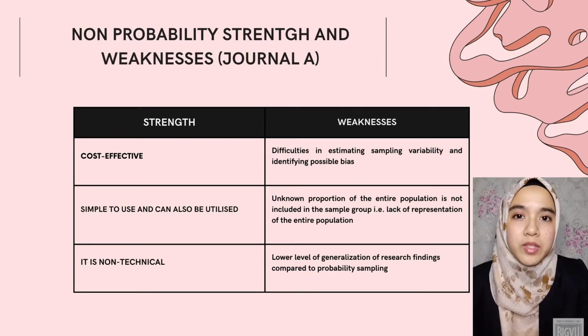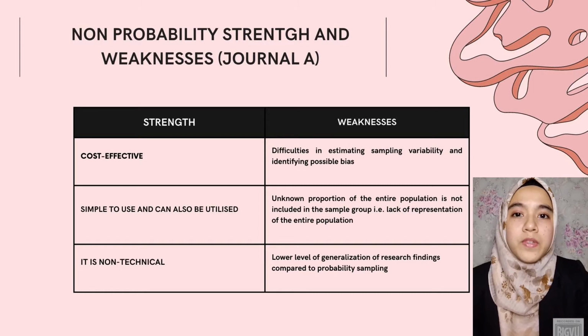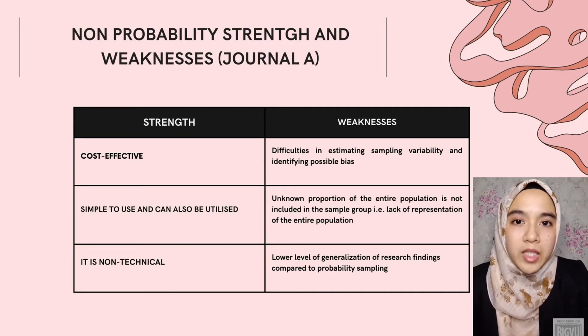Although there are numerous benefits to adopting non-probability sampling, it does have certain disadvantages. The time and resource required to obtain the entire list of a certain population, as well as the bias that can develop when the sample set is not large enough to effectively reflect the entire population. The first one is the difficulty in estimating sampling variabilities and identifying possible bias. The occurrence of sampling bias, which occurs when a sample selection process gives an unfair advantage to a certain individual of a population, is the most significant disadvantage.